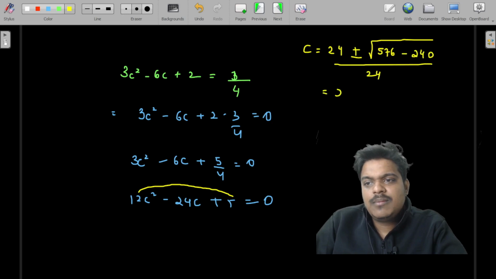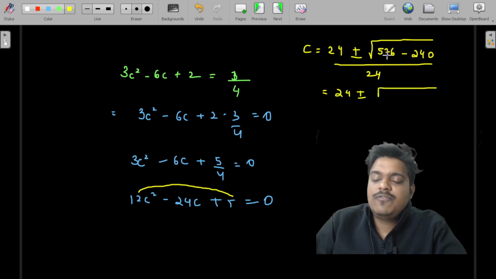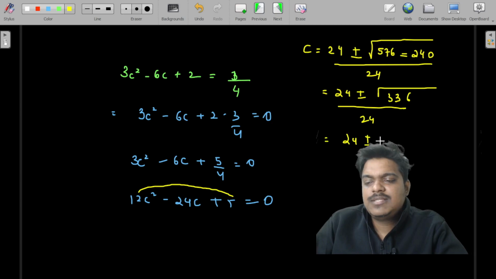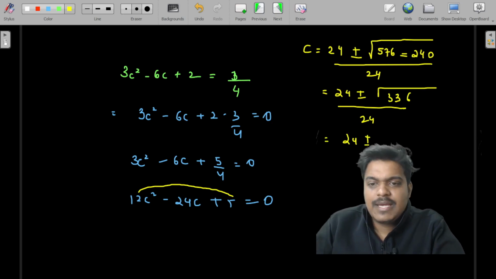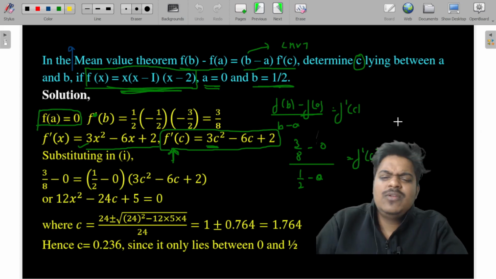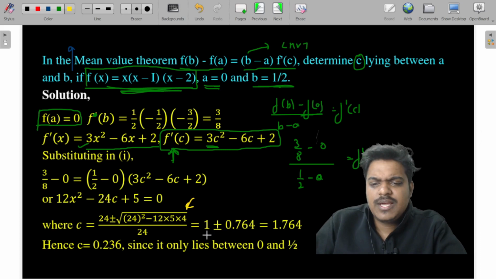So this will be 24 plus minus root of 576 minus 240. If you subtract, 576 minus 240 is 336, divided by 24. This will be 24 plus minus the root of 336. I'll just check that root again. So you solve this equation, the value of c comes out to be 1 plus minus